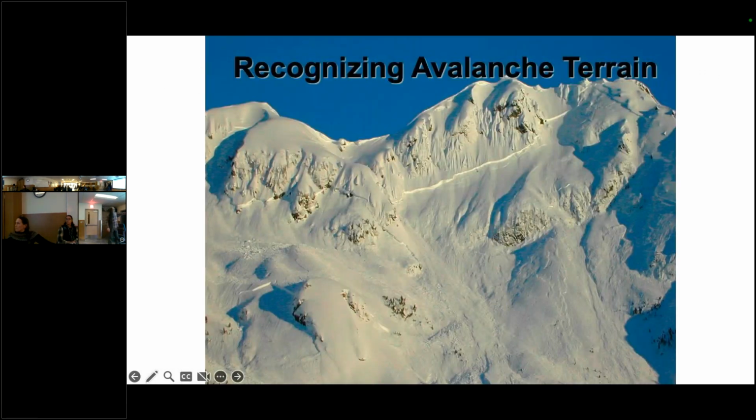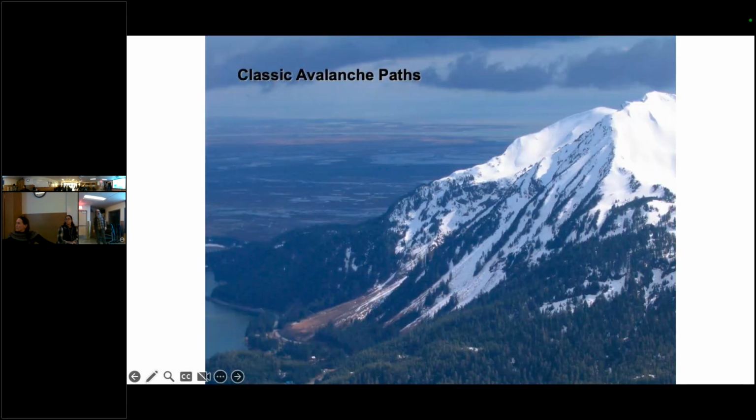But we'll start with the terrain here. This is the Cove Side right up here. This is very complex terrain. There's a lot of different slope angles and features. Anything else you want to say on that? No. Again, classic avalanche path. These are the fingers here that lead into the 5 mile path. And then this span over here and this bowl back there, that's the 5.5 mile path.